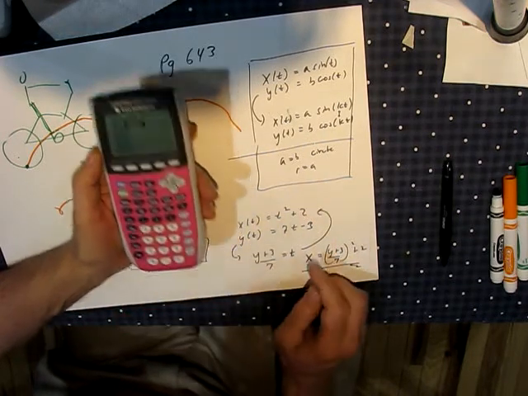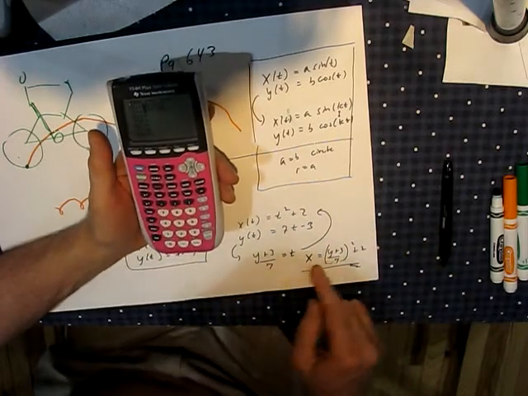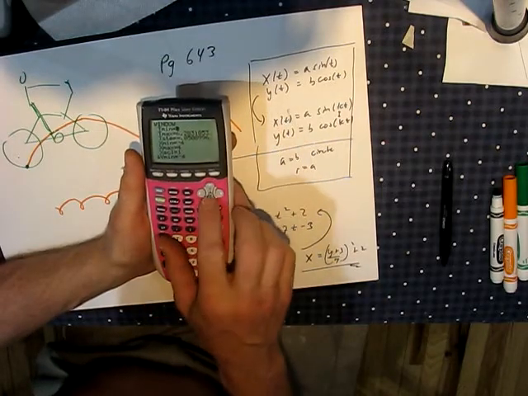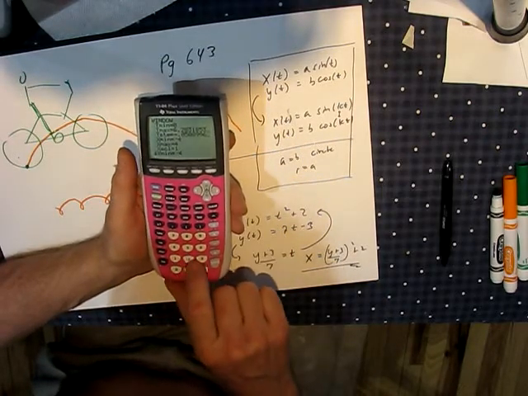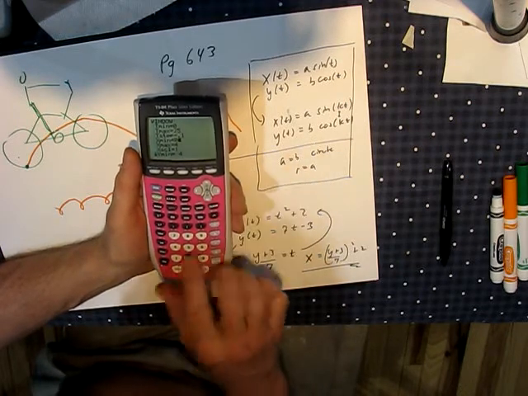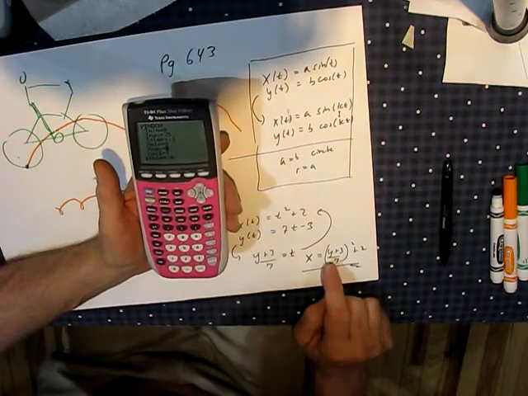And now I want my window big enough so I can actually see this parabola. And so notice x has definitely got to be positive here. So my window here, I'm going to make it go up to like 25, a step of 0.1, x min at 0, x max at, let's say,